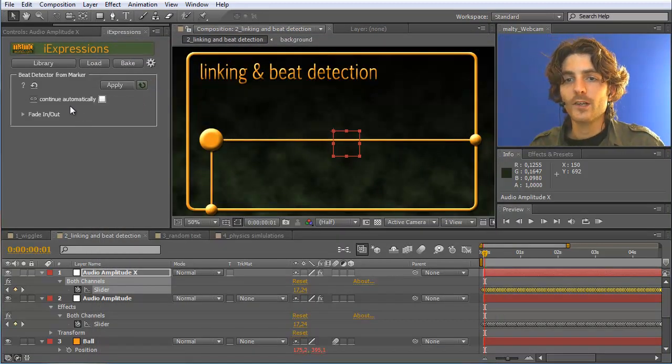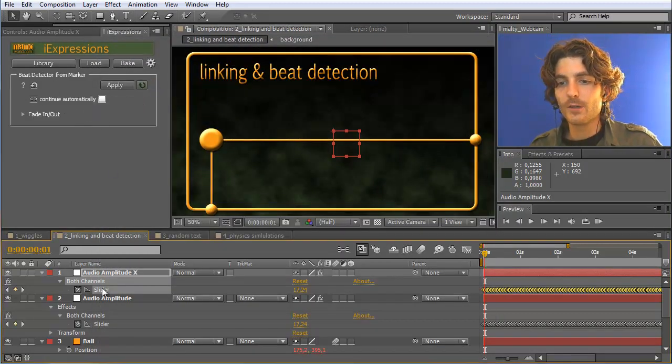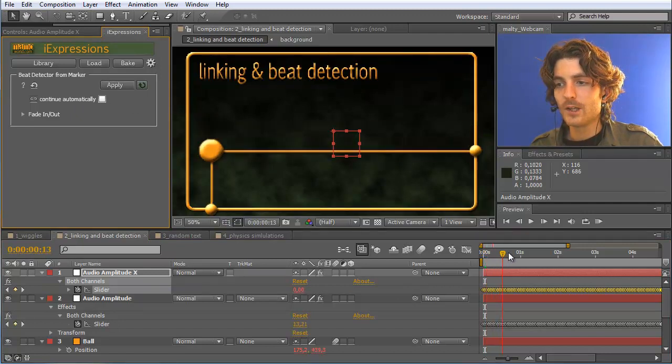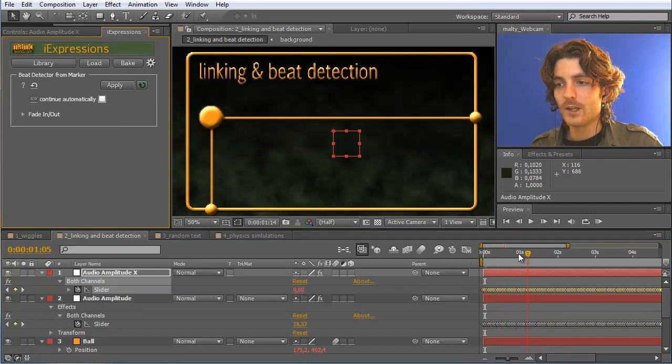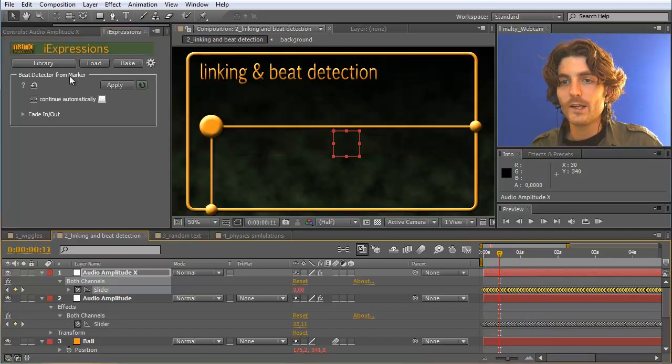And this is actually very easy. I just apply it here to the slider without changing anything. And what you now see is that this volume here, or this beat value, immediately becomes 0 everywhere. This is because this beat detector waits for markers where it thinks, okay, there is a beat at this marker. And so I can now go to this layer where the slider is on, this is important,